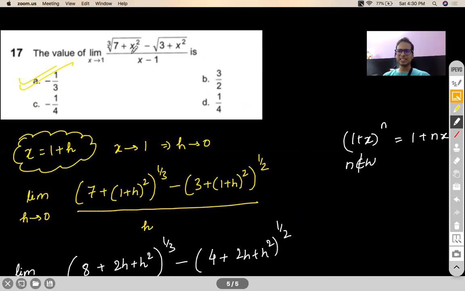Because when h is tending to 0, or when the variable is tending to 0, whether it is x or h, you can forget about them because they are anyways tending to 0. So other than the constant term, you need not pay heed to other terms. That is the main reason why I converted it to tending to 0 rather than working with tending to 1. Got it, Pooja? Just to make my life easy.